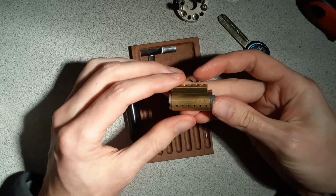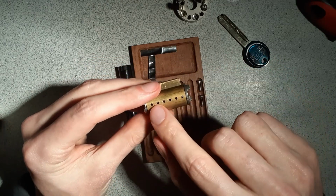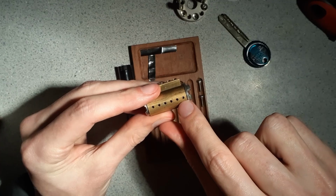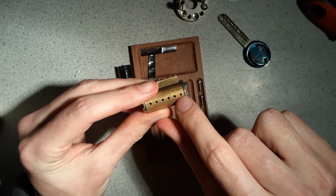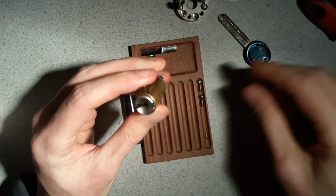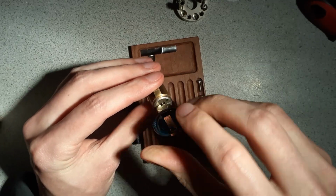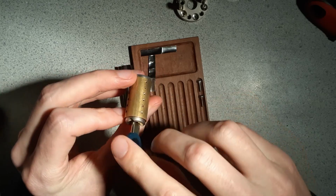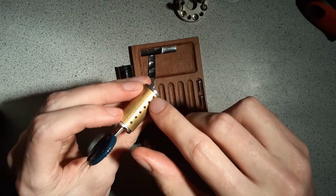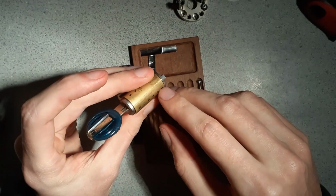Now, this is the interesting bit. So if we look down the side, we've got these notches, and the back one, there's a ball bearing that is used to just index it, like it notches in. And also when you go quarter turn this way, it gets stuck at the bottom. I don't know why that's there,